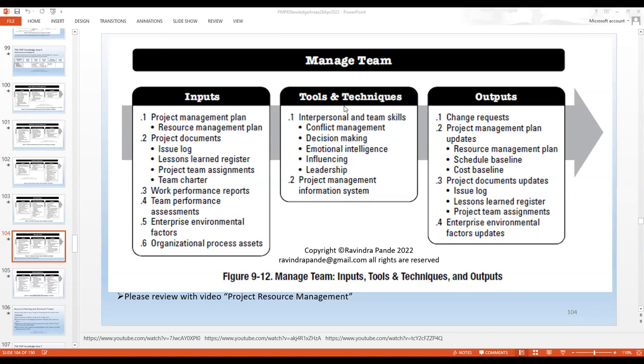Okay, I'll not play the video on resource management again. Do you think I should play that video? We have seen it last time. Project resource management is a kind of overall review of the project resource management processes. Do you think you have to have a look at it again, Vandana ma'am, or